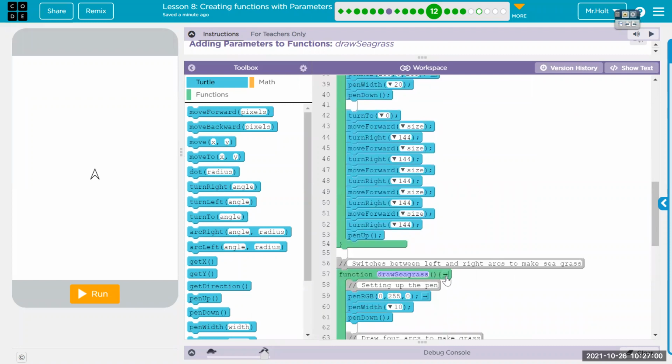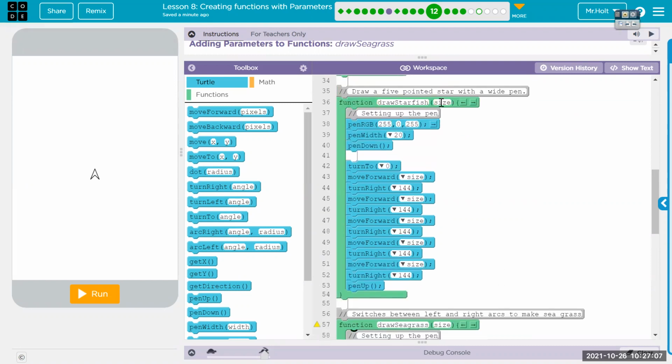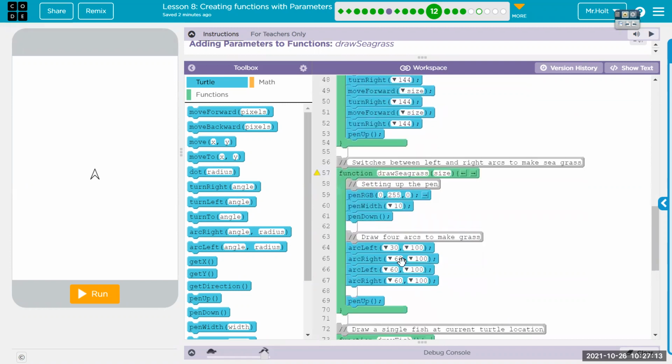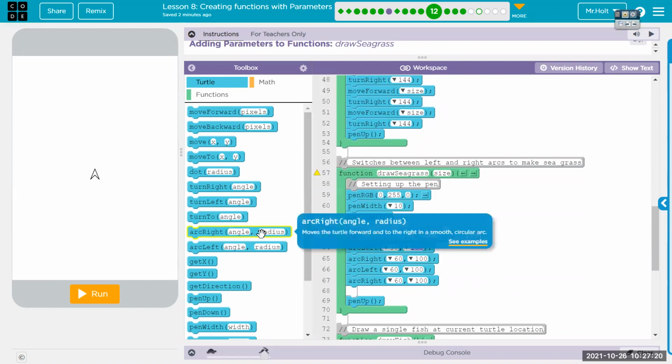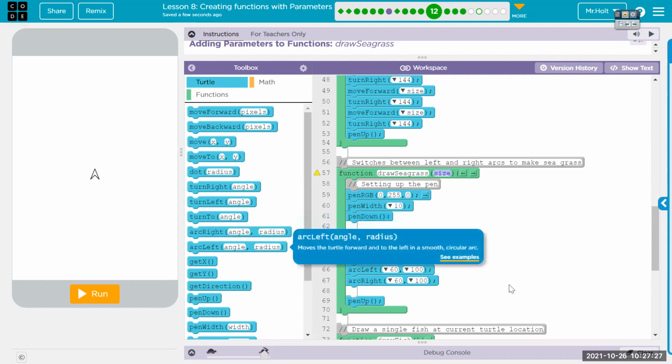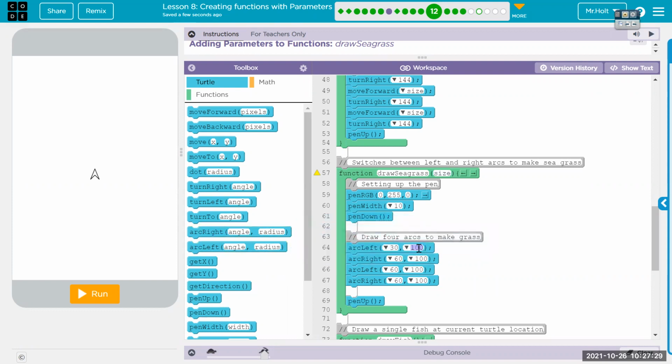There you go, draw seagrass, and let's just call it size. It is technically not awesome to reuse it in different places, but it gets overwritten every time it's called, so it's actually fine. And size is the amount of arc radius. In this case, it's radius, so we're going to put the word size everywhere in the arc in the second parameter of the function call, which now we're getting a little